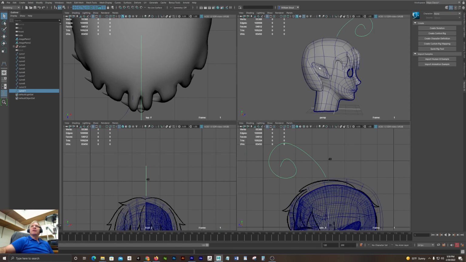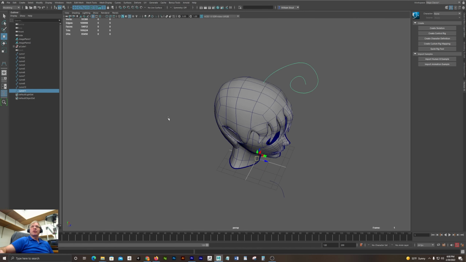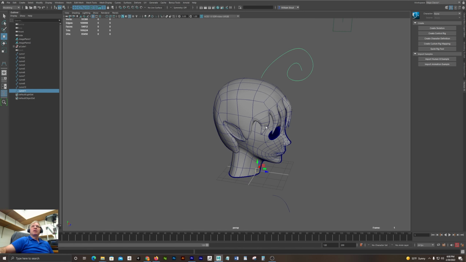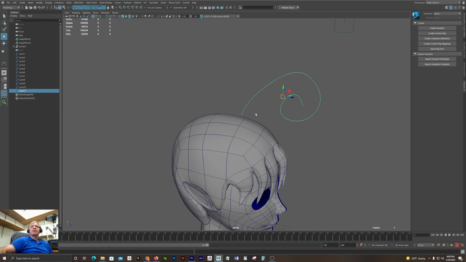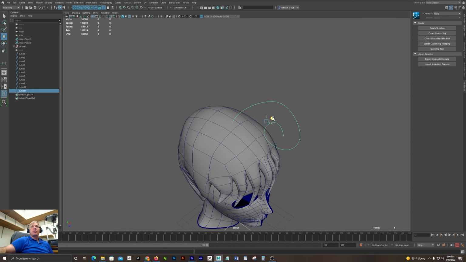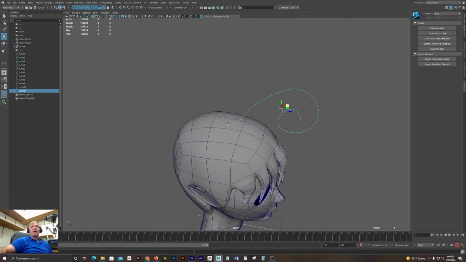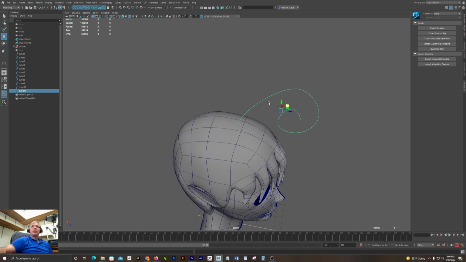So there is my curve, and so I'll make one more hair extrusion. When I have my curve selected, the pivot point is by default created at the origin, so I go modify, center pivot, and now it's a little more useful. It's just easier to work with. I don't need to snap it or anything. So I'll just scoot it over a little bit, and let's see, select the face, right click, object mode, select the hair, come back, face again, and now I